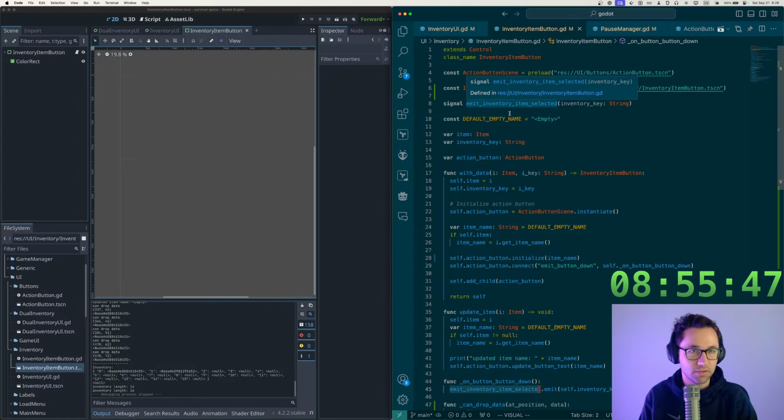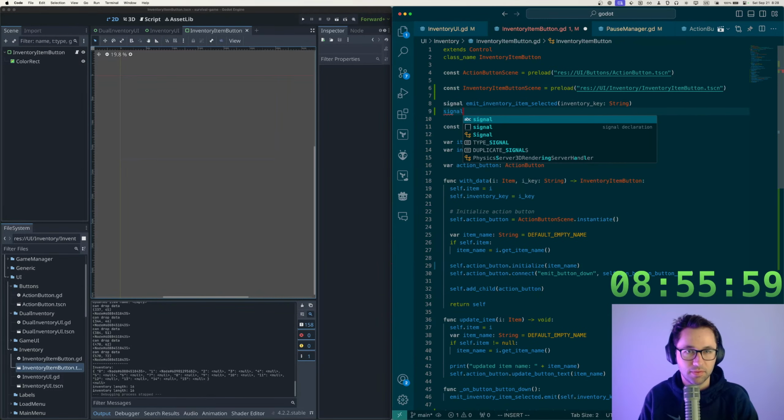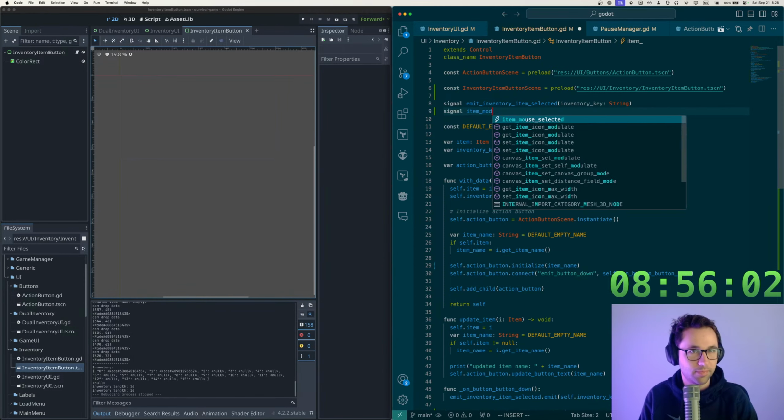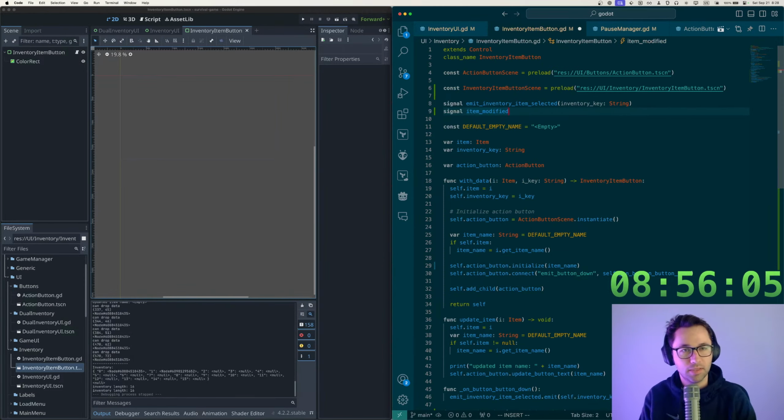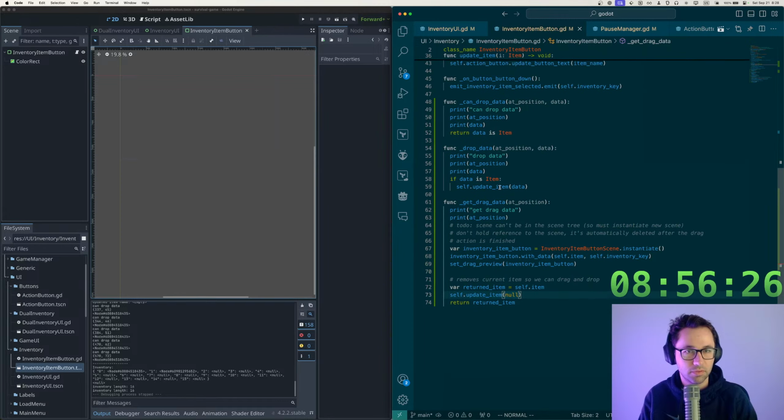So we also want a signal like emit item modified, where you pass in just an item, and then also the inventory key, so where it was located in the inventory. So when we, for example, update the item here,